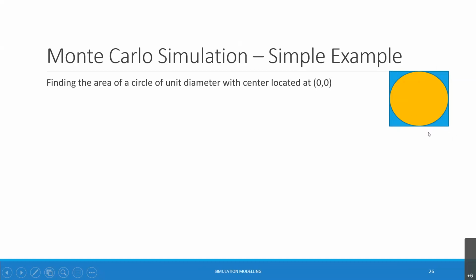Now, if I generate points within this square, over this square domain, I'll count whether each point is inside the circle or outside the circle. So if I generate a large number of points, and then find how many points are falling within the circle and how many are falling outside, that will give me an idea of the area of the circle. So I can take the ratio of